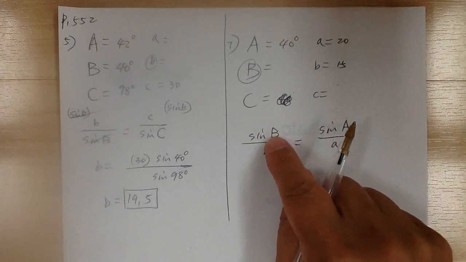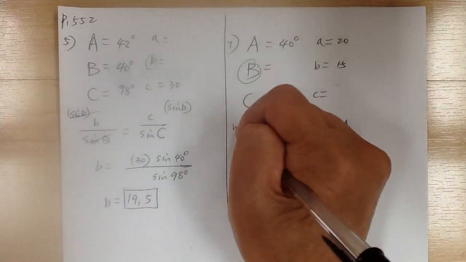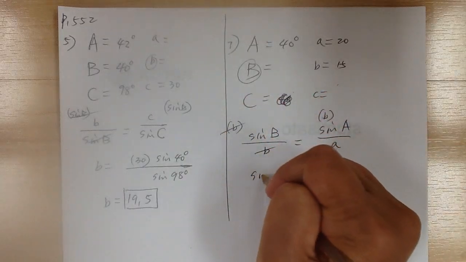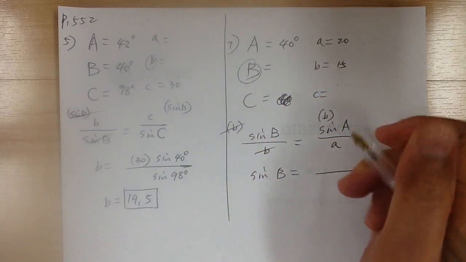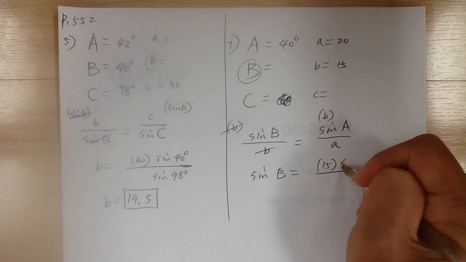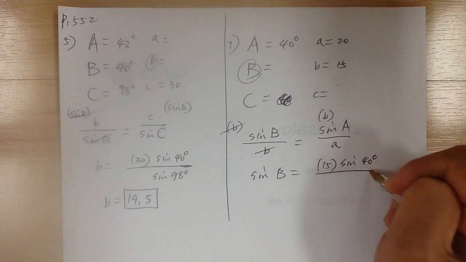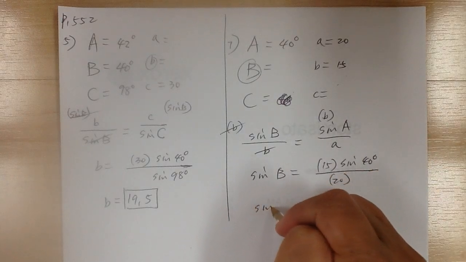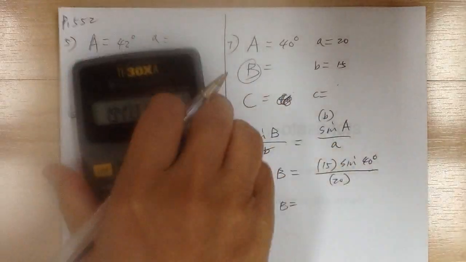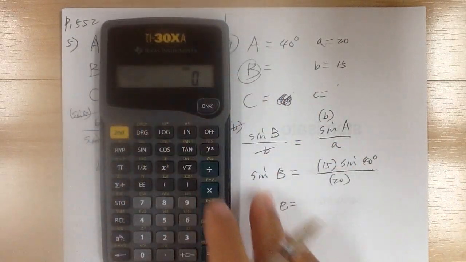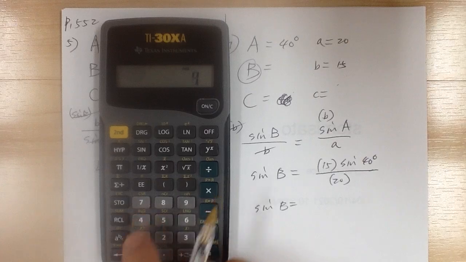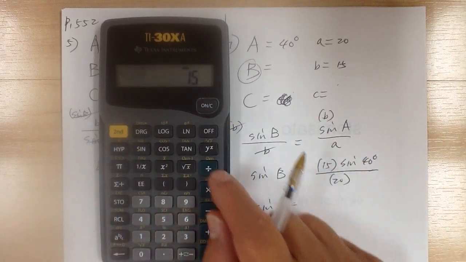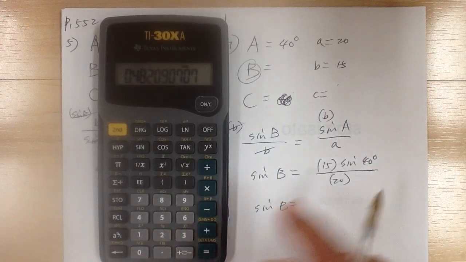Okay, and since you're looking for sine B, you have to get rid of that. So multiply by B, so this will cancel out. So sine B will equal 15 times sine of 40 degrees over 20. Okay, so sine B is going to be equal to, get your calculator. Enter all this: 40 sine times 15 divided by 20 equal